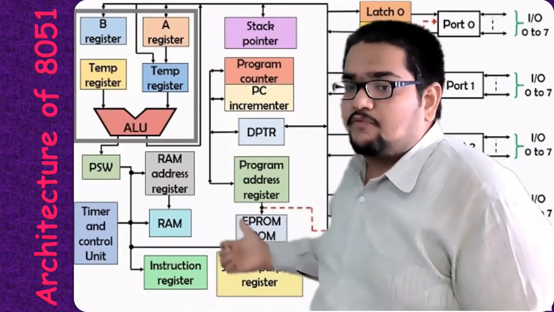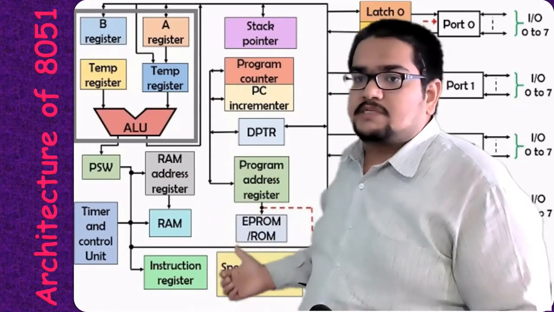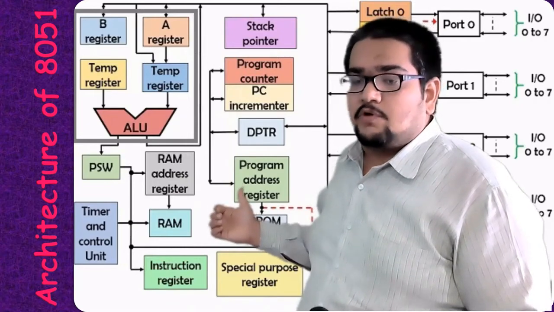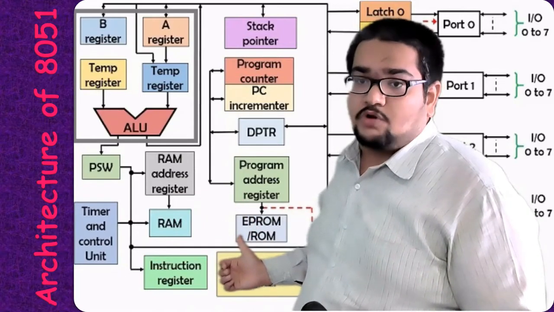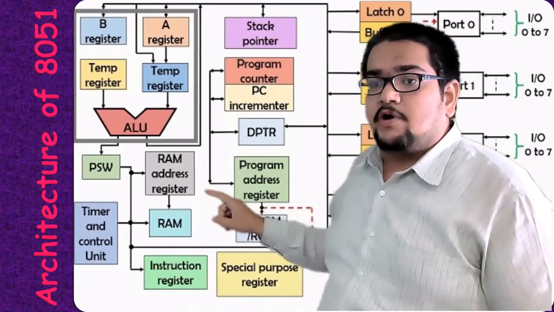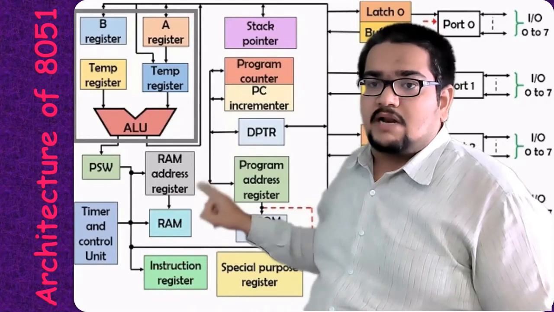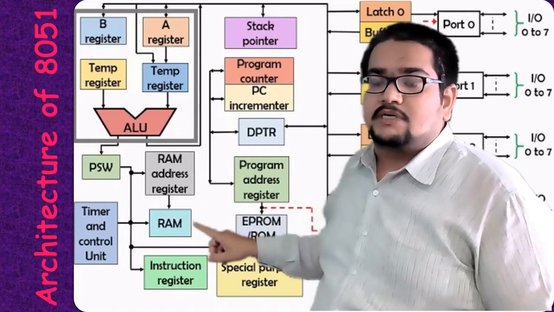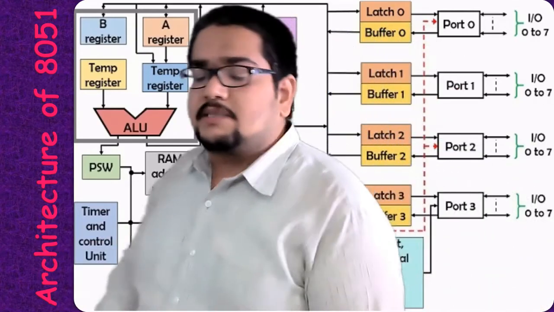Anyhow, here we have 4 kilobytes of ROM available in this 8051. That block is available here. Obviously, when the memory is here, the memory address register will be available here. The program memory address register will point to the program instructions in the program memory, that is ROM, and similarly we will have a RAM address register, which will point to the RAM addresses that generally hold data. So the data address register will be there. This RAM address register points to the data stored in the RAM memory. So that is all about this particular architecture block diagram.